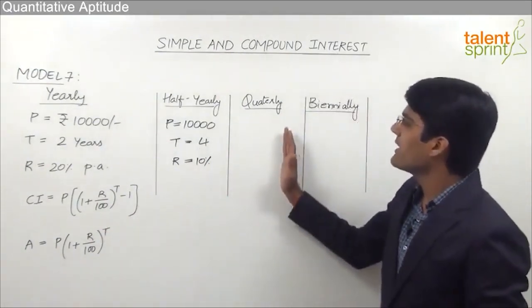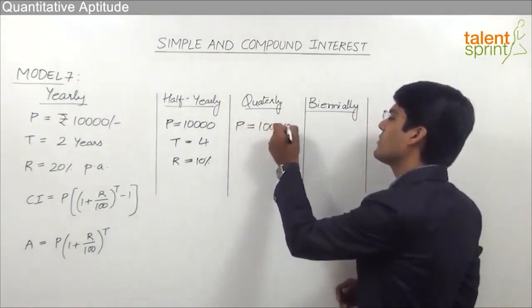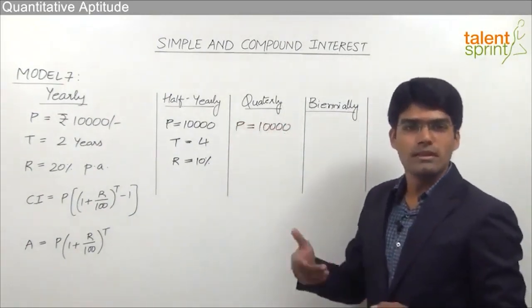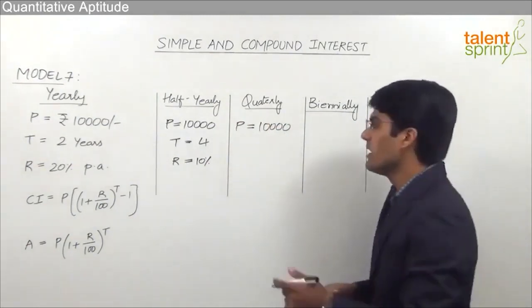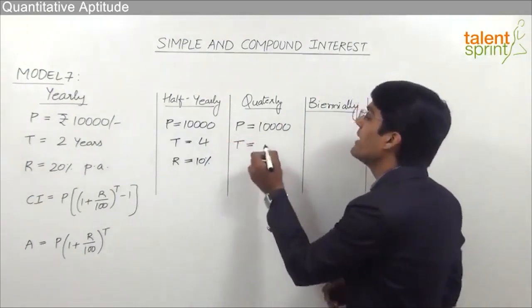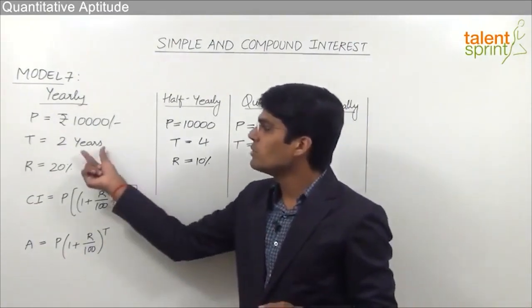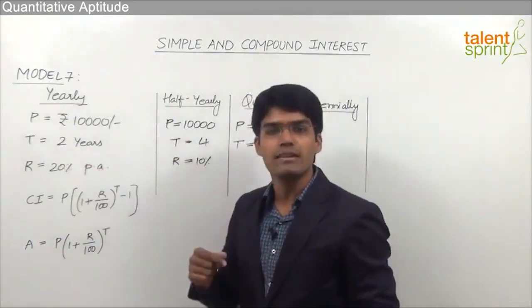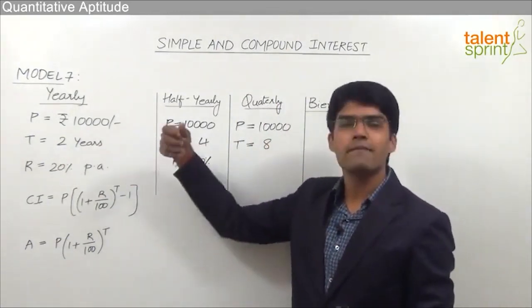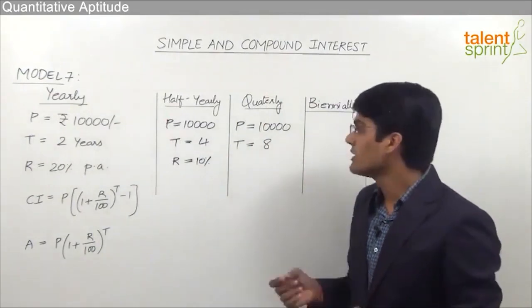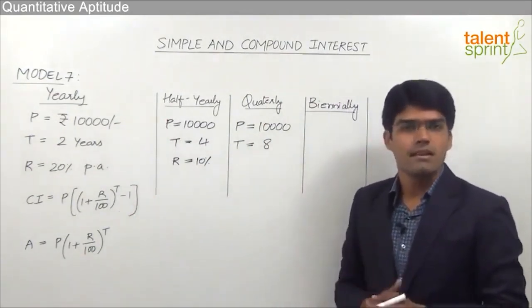Now coming to quarterly calculations, again the principal doesn't get affected. It will be equal to rupees 10,000, as it is nowhere related to the type of compounding. Only the time period and the rate of interest would change. So the time period here will be equal to 8 periods. Why? Because 1 quarter is equal to 3 months, and in a span of 2 years we get 8 quarters. 1 year has got 4 quarters. So 2 years will have 2 into 4, that is 8 quarters. So the time that will be used in the formula should be 8 periods, where each period is 3 months